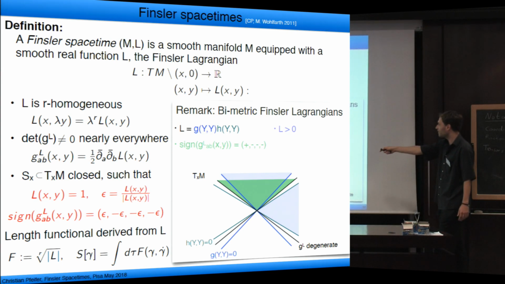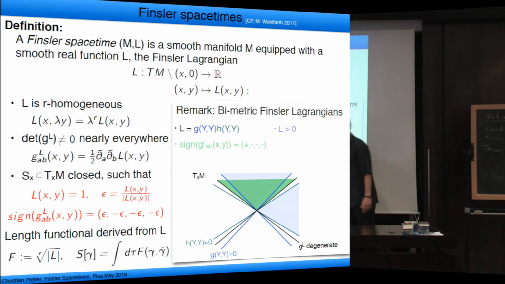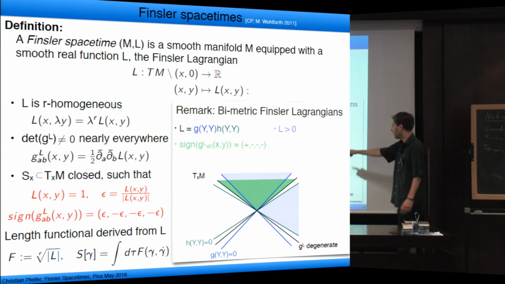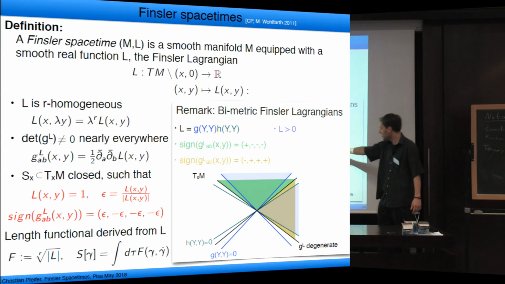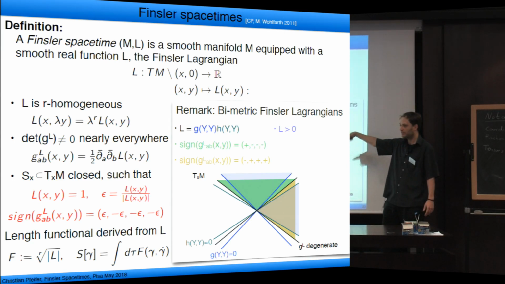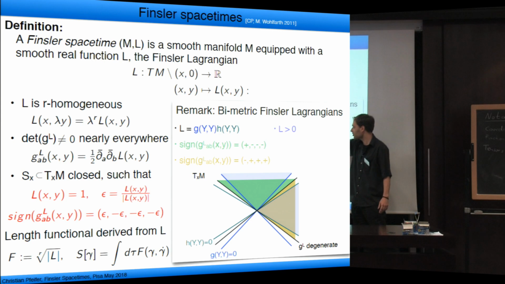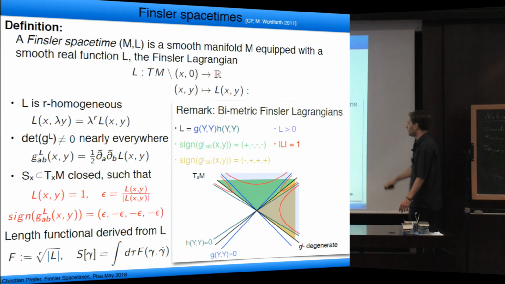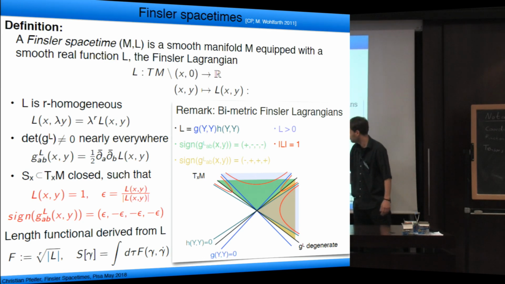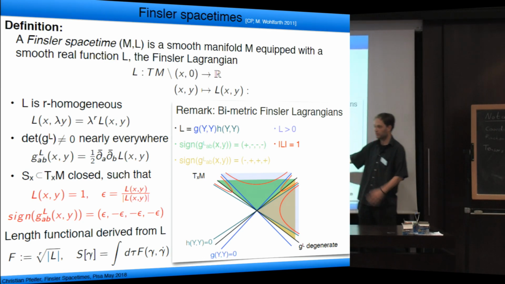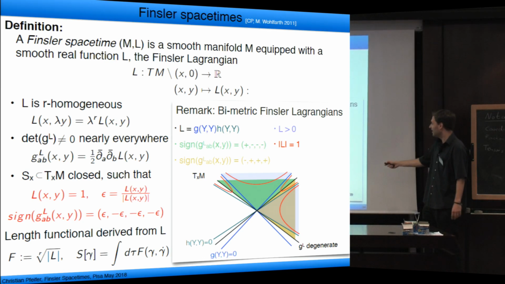We look at the signature of the L metric, which is plus, minus, minus in this part of the tangent space. Here it degenerates, and here it flips sign. So there is a sign flip. So the signature is not constant. And then we can look at the indicatrix, and you have to imagine this picture mirrored. I just showed the details in this part to make it visible at all. So we look at the indicatrix of this Finsler function, which are these red slices here.